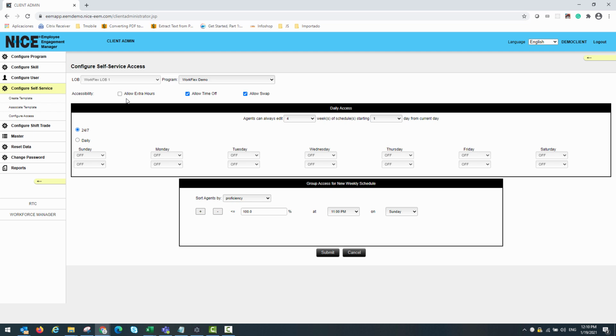The next point is going to be the daily access. On this big frame we have here, we're going to edit the amount of weeks the agents are going to be able to edit in the future. We have to take in account that EEM is an application created to edit the near future. It means that the agents are going to be able to edit a maximum of 4 weeks in advance, and also we can reduce this until 1 week. In this case, I'm going to be allowing the agents to edit 4 weeks in advance,